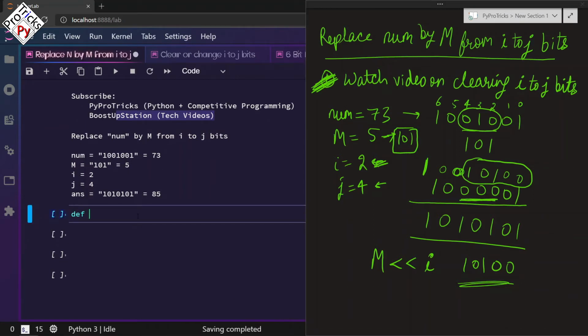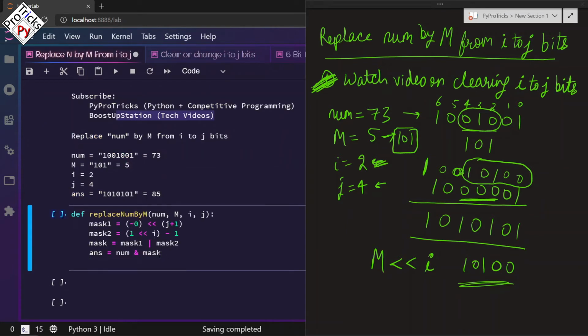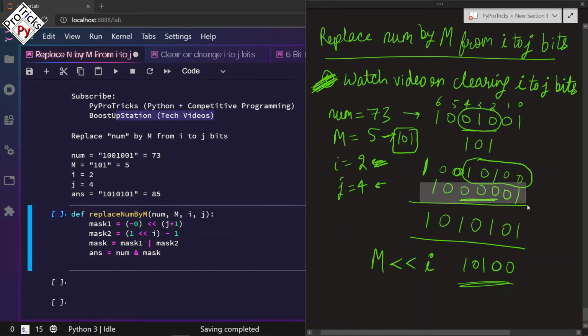Create a function def replace num by m. We will be passing num, then the value of m, then I, and then j. I want to copy this clear I to j bits code. Now in the answer, I have this representation after clearing these I to j bits.